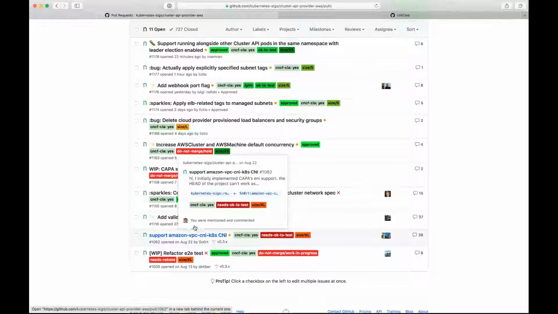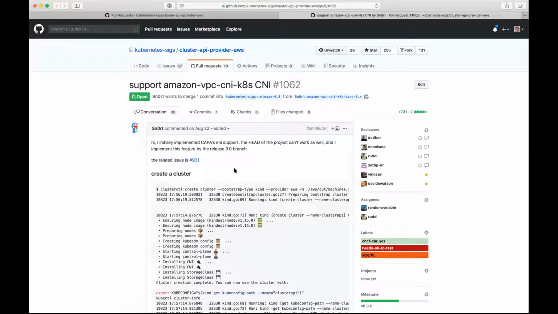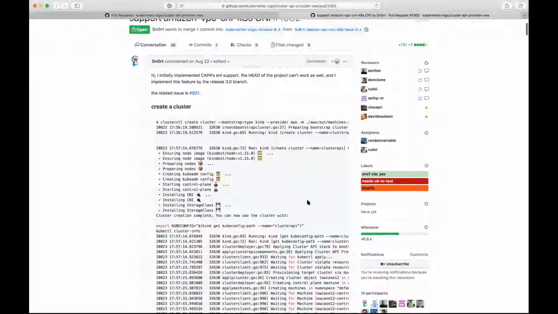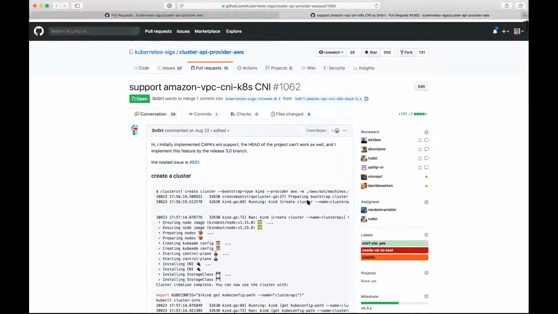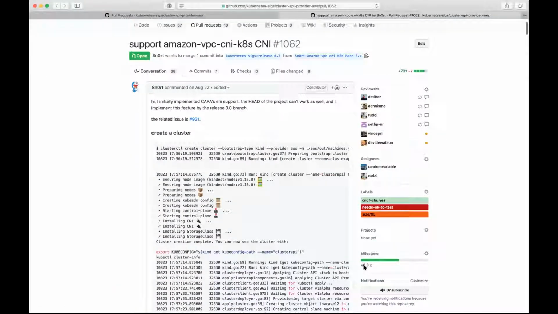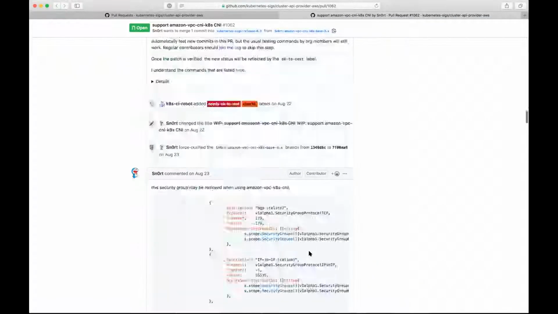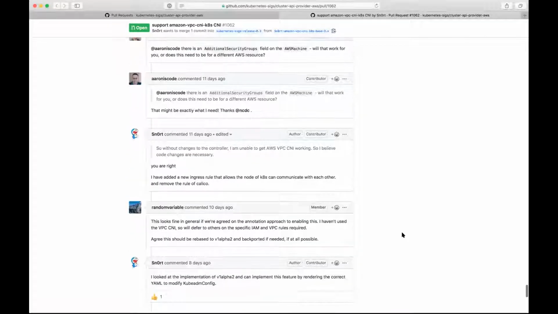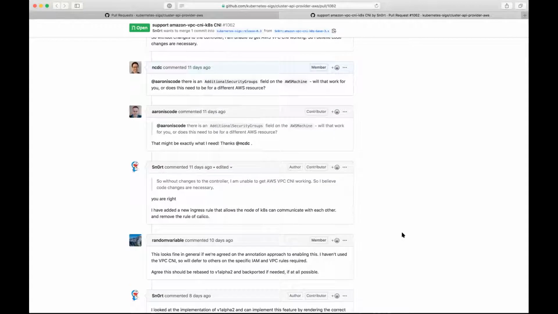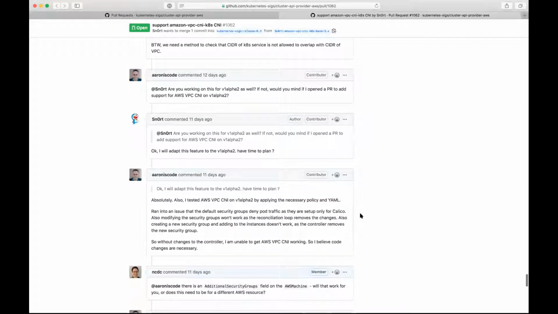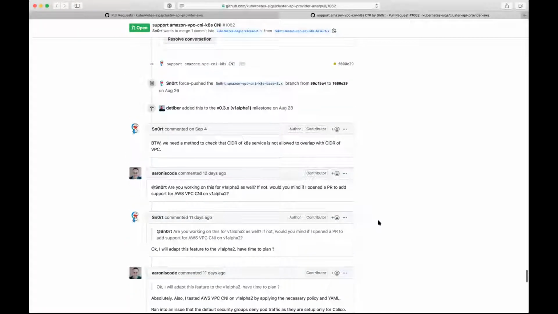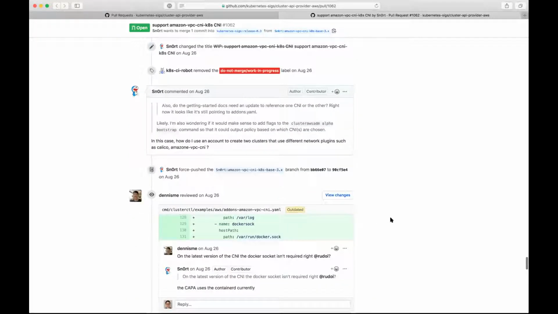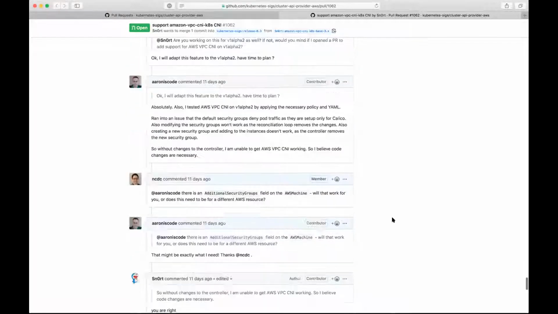Now we have support Amazon VPC CNI K8s. This was against the 0.3 milestone because it was open technically before we released alpha 2. Nadir, I see you were in here a little bit. I think there were also some other comments as well. Anybody have the history on this one, or a strong feeling for what we should do here?